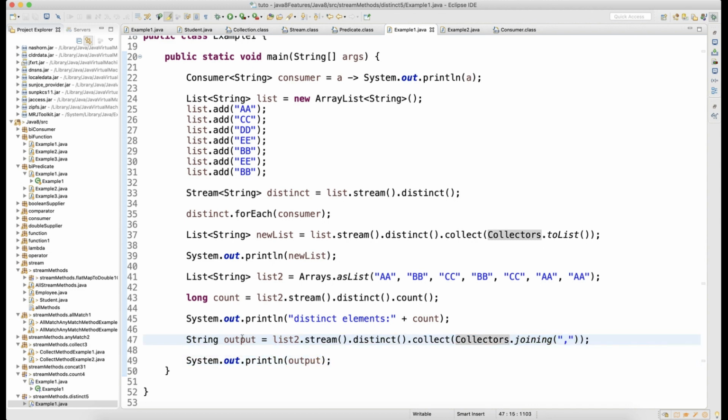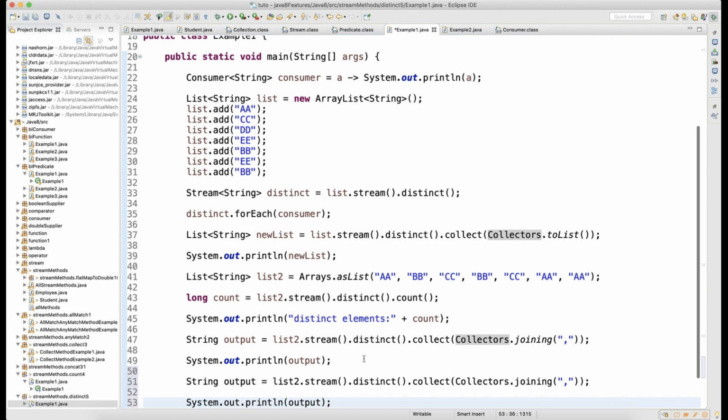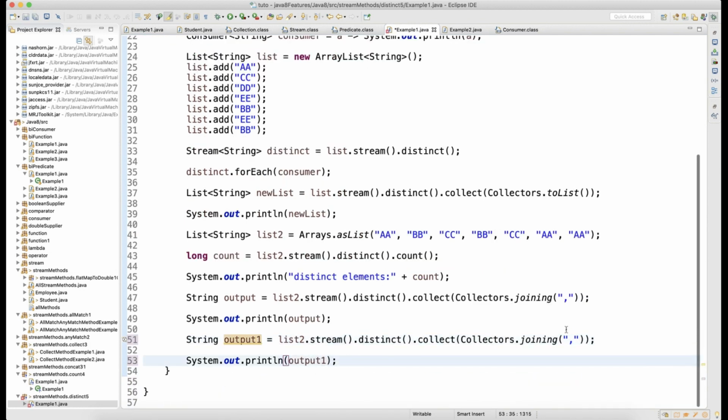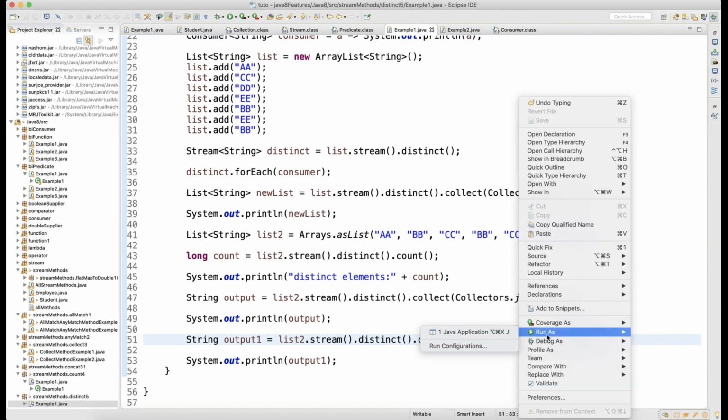Again, guys, the output is going to be a string. So the output is very important. Your list is getting converted to a string. Now let's say I want to join by some other delimiter, it will get joined by this. So let's run that and analyze the output.